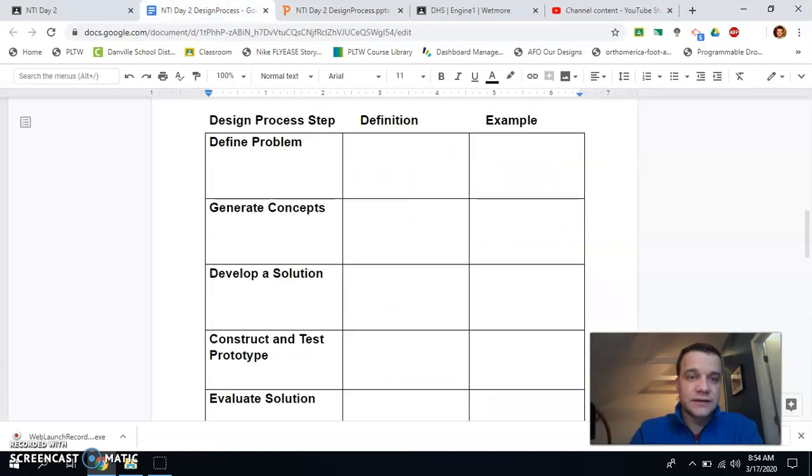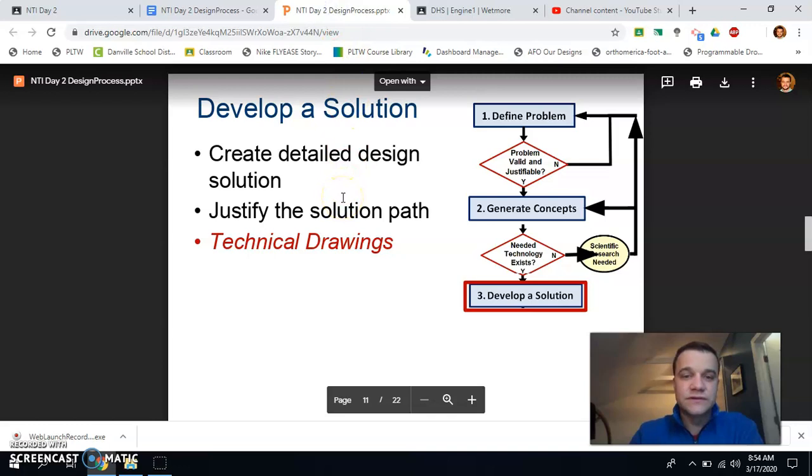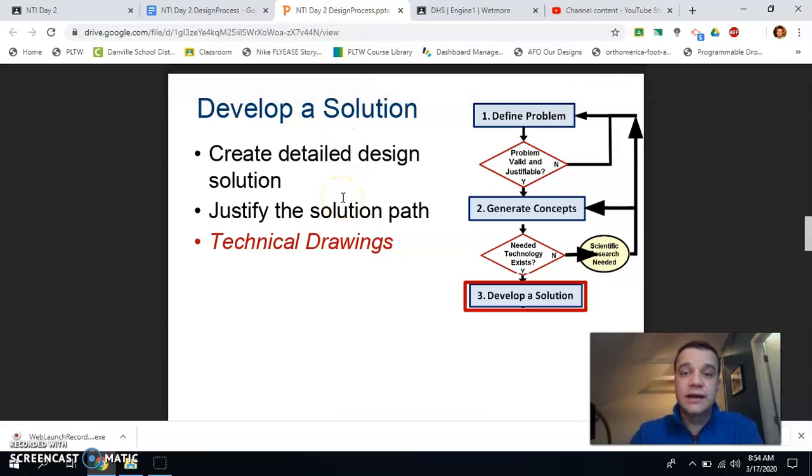Alright, next thing, develop a solution. Third step. Once you have generated a concept, you're going to go ahead and develop that solution. Another good word here is the word prototype. That's usually what's going on here when you develop a solution, you're creating a prototype. Now sometimes the design process is used to solve problems that might not have a physical solution. In that